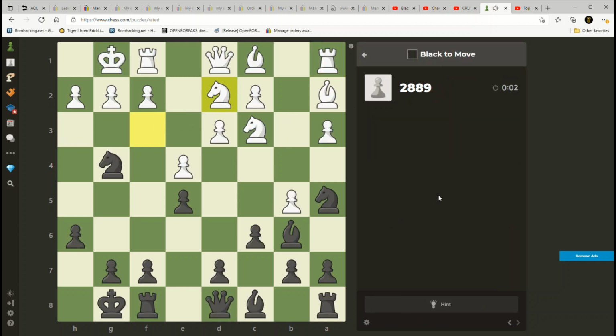So let's see what we got here. Well, we got a double attack on f2. It looks to me that the obvious move is queen to h4, putting a triple attack on f2 as well as a double attack on h2. So queen h4 threatens to checkmate him on h2. He'd have to play h3. Everything else loses. g3 loses to checkmate. So if we play queen h4, h3,